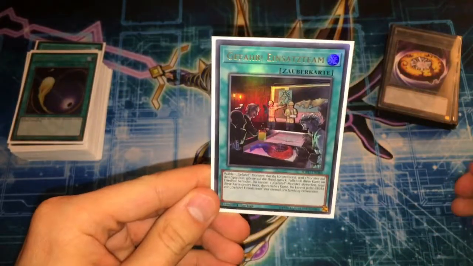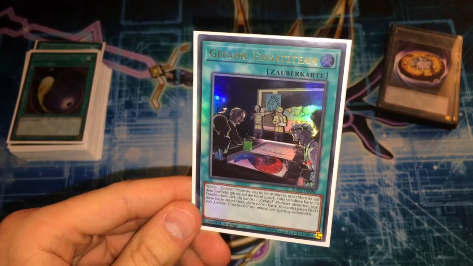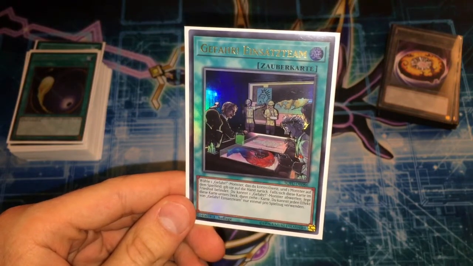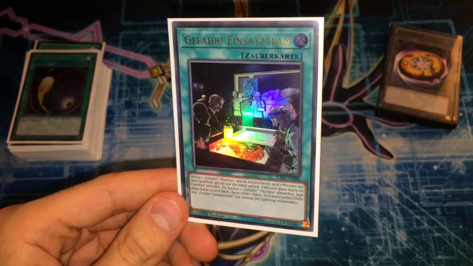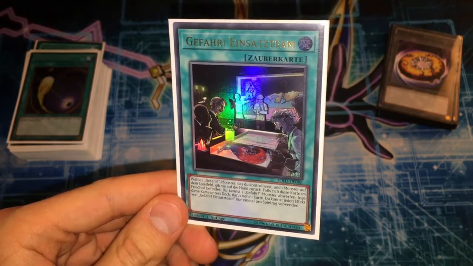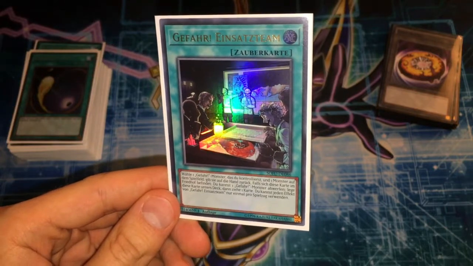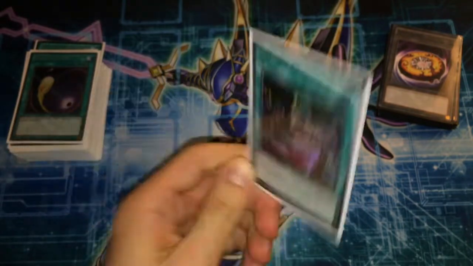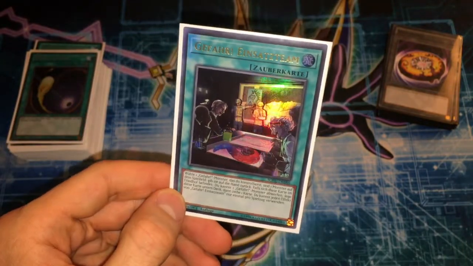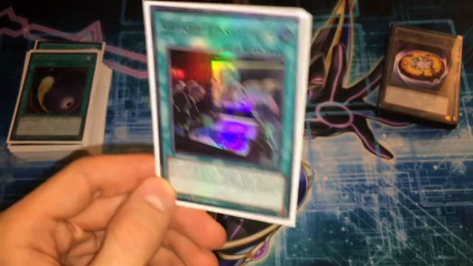Then 1 Danger Response Team. If you don't know what Danger Response Team does, you can target 1 Danger monster you control and a monster card on the field, bounce them both back to the hand, so pretty good against Colossus and stuff. Then second effect, if it is in the graveyard, you can discard a Danger monster and put this card back under your deck, and then you draw a card, so you can trigger something like Chupacabra and yeah, just go